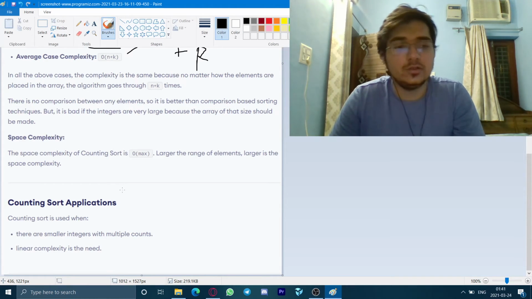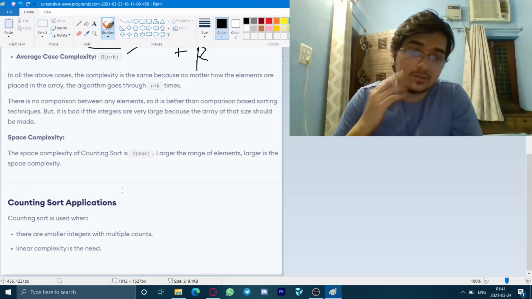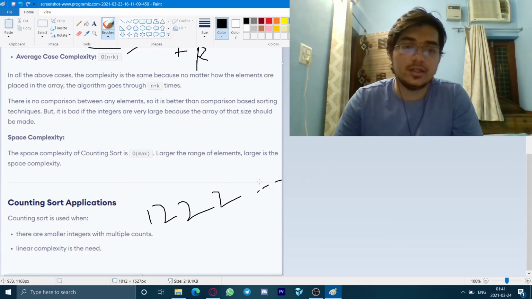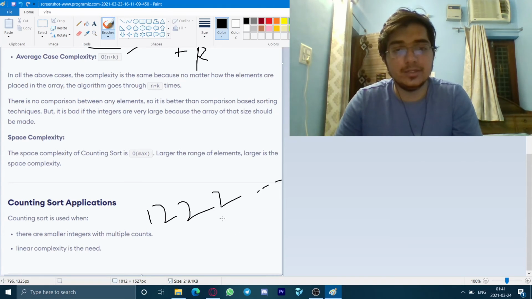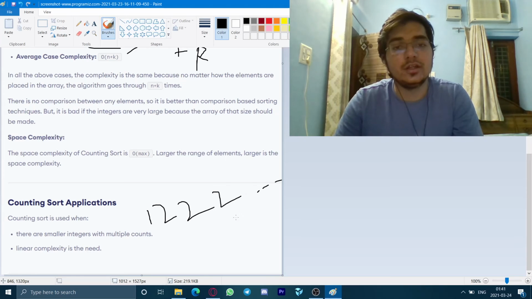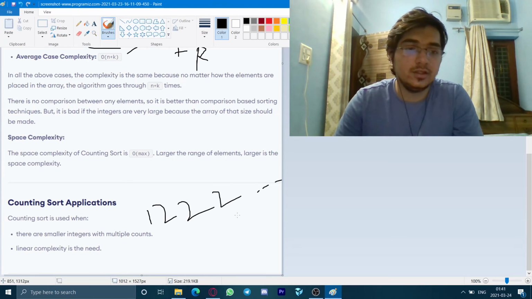Counting sort is mostly used in arrays which have small integers with multiple counts. Like if you have an array like 1 2 2 2 and there are so many 2s, basically when elements are repeating themselves, it is much easier and faster to use counting sort in those kinds of scenarios.